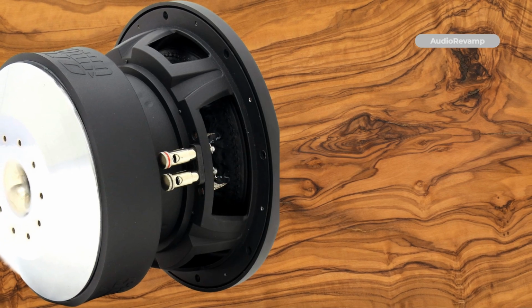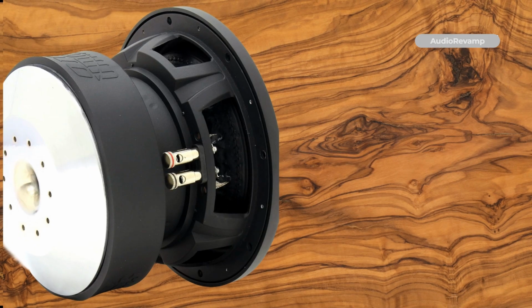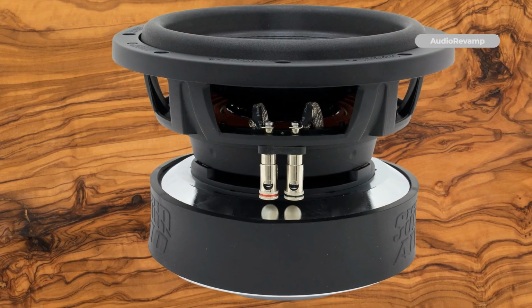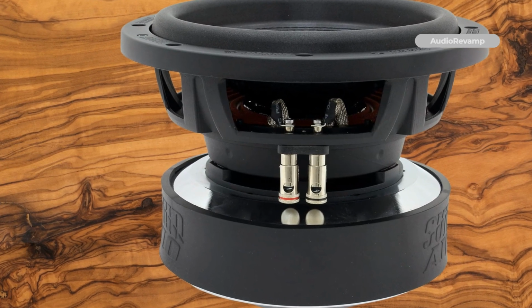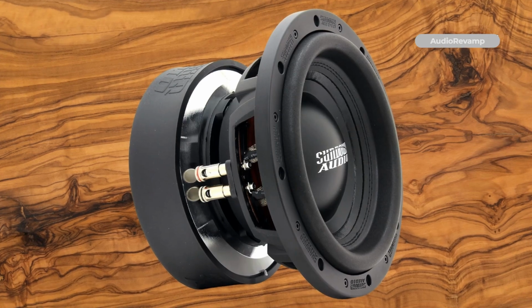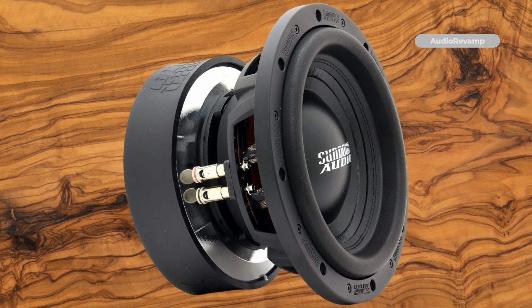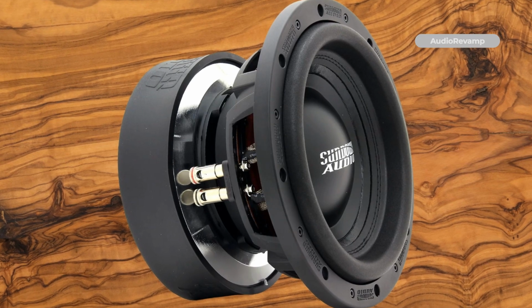The Sundown Audio U10 is a standout because it combines legendary build quality with unmatched bass output, making it the ultimate choice for daily drivers who want professional-level sound in their cars. It's perfect for bass enthusiasts who want to push their system hard every day while still enjoying clean, reliable, and heart-thumping performance. Whether you're listening to hip-hop, EDM, or heavy bass tracks, this subwoofer will turn your car into a